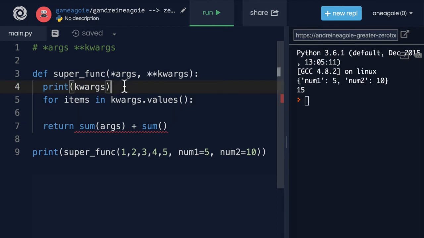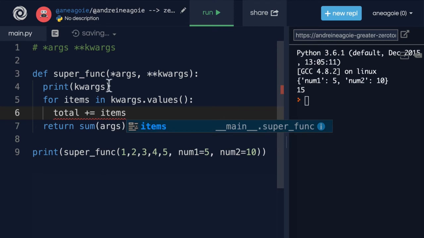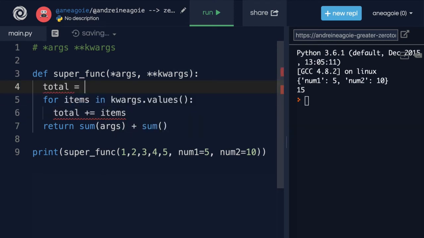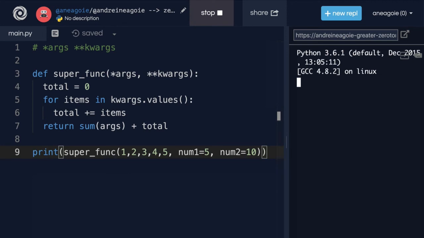So let's say total plus equals items, and we'll add a total that is initially 0. So the sum will be sum of args plus total. If I run this, I get 30,